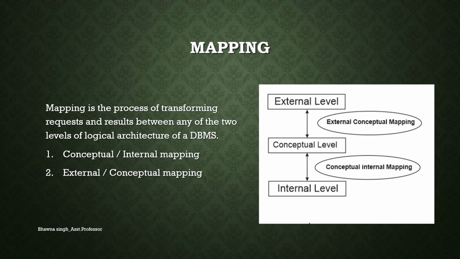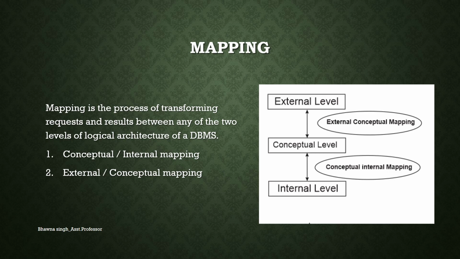Now how is this entire process going on, how is it occurring inside the DBMS? This process to convert a request and the result from one level to another level is known as mapping. That means we are transforming the various requests that we get from the user, and then we are passing back the results. So all this correspondence that is occurring between these three levels, that is the external level, conceptual level, and the internal level, all this correspondence is shown by the mapping.